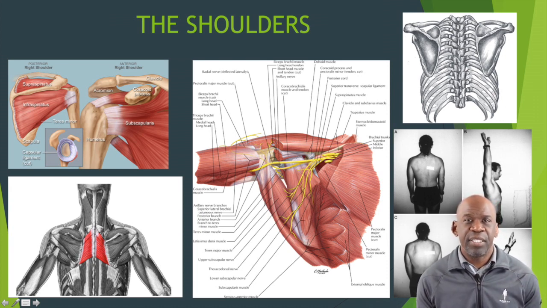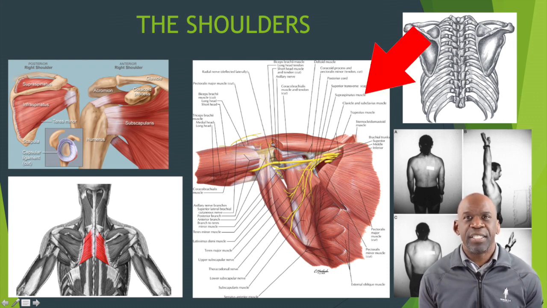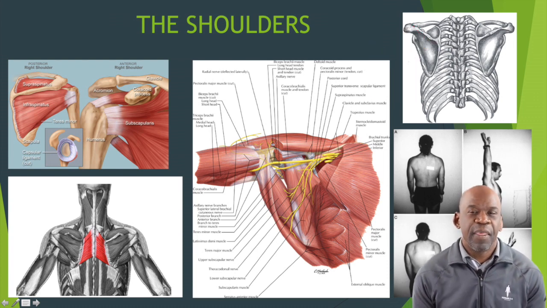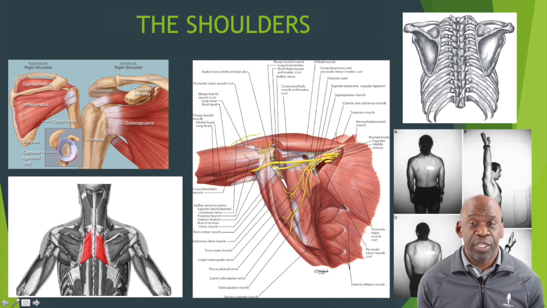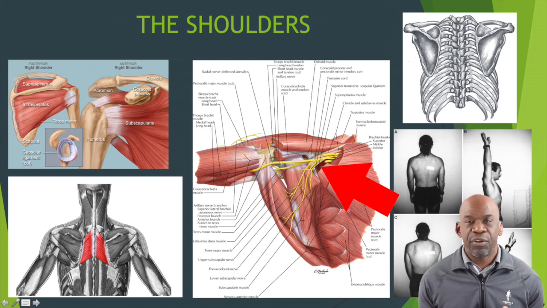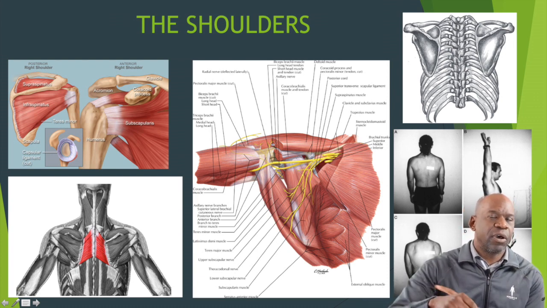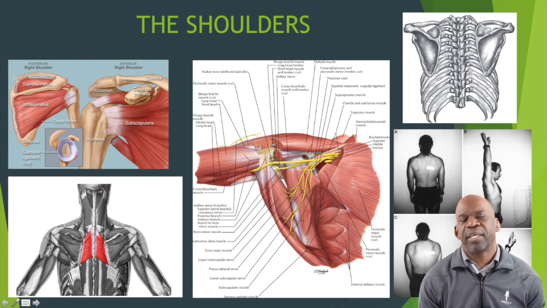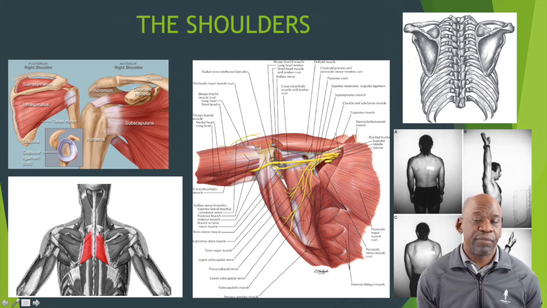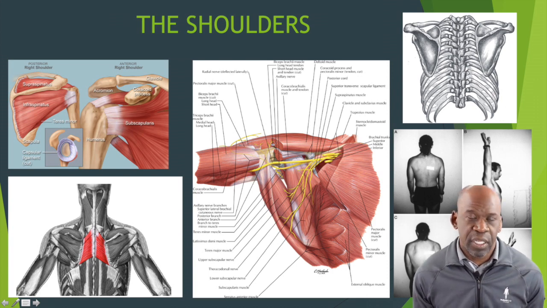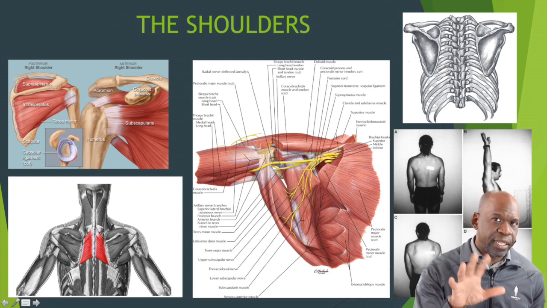And again, if we look at the panel in the middle, we can see from this diagram the structures that are shown in yellow, and these represent the nerves of the shoulder. And they are arranged in a bundle which is known as the brachial plexus. And the brachial plexus travels down from the neck, through the muscles, and down underneath the arm. And the brachial plexus is involved with all of the motor function and all of the sensory function of the upper extremity. In other words, of the arm, the hand, and the fingers.